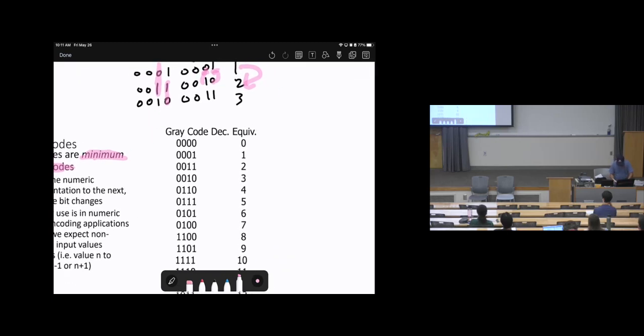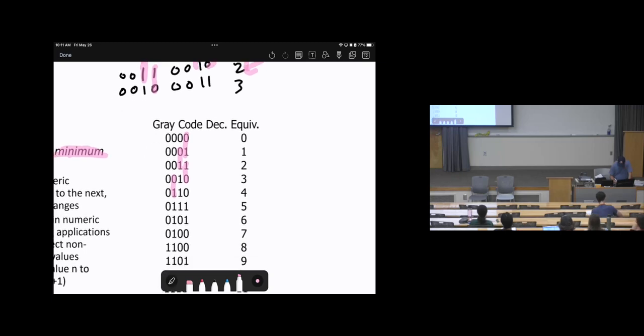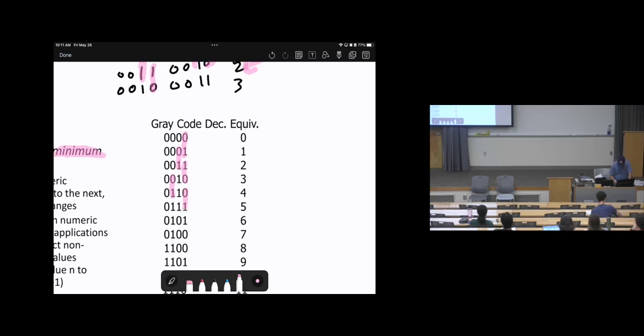So this is an example here for 4 bits. We have here 0, one change to be 1. Then from 1 to 2, this change happened. From 2 to 3, this change happened. From 3 to 4, this change happened. 4 to 5, this change happened. 5 to 6, this change happened. 6 to 7, this change happened. 7 to 8,